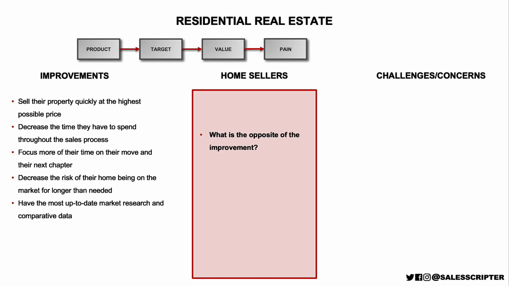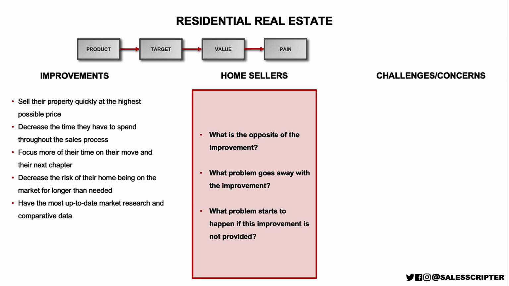So we can look at each improvement and think, what is the opposite of that improvement? Or what problem goes away when we create that improvement? Or what problem starts to happen if that improvement is not provided, or is provided and then taken away? So by going through these improvements one at a time and thinking about what's the opposite, we can come up with some pain points: